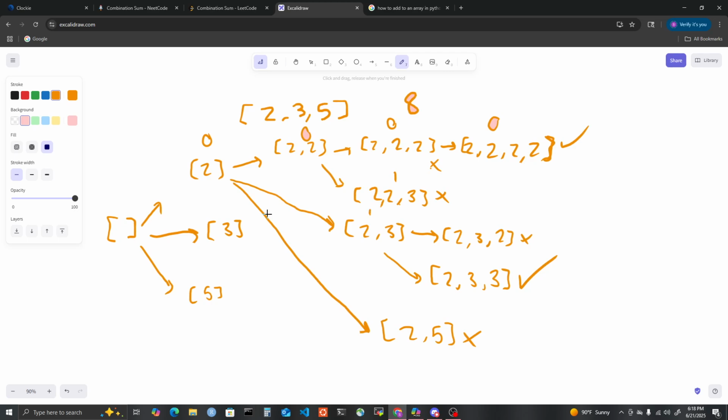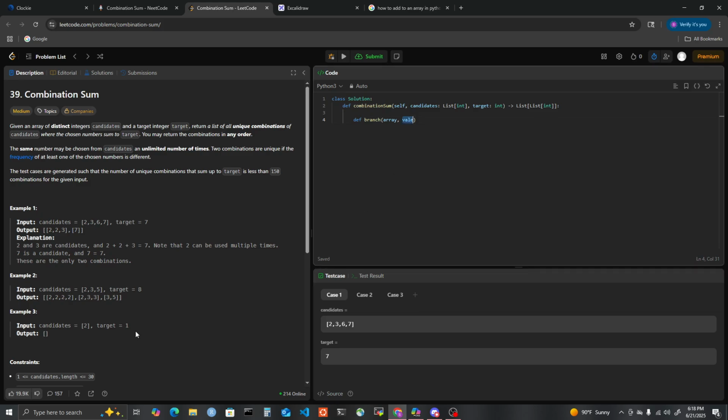Now I'm at index 1. So I can't go backwards, so this will never exist. I can stay at index 1. I think that's what we'll do. Take an index, we'll take in a value. I think that's how we'll do it. I'm basically going to say